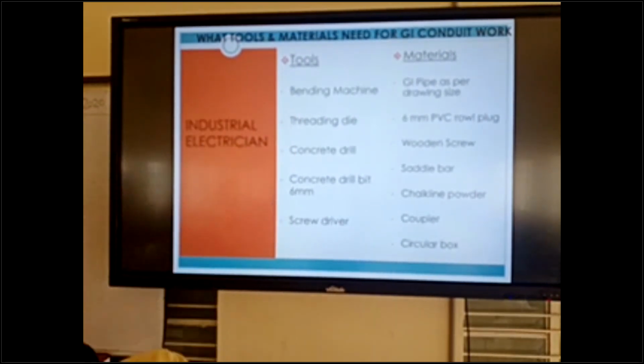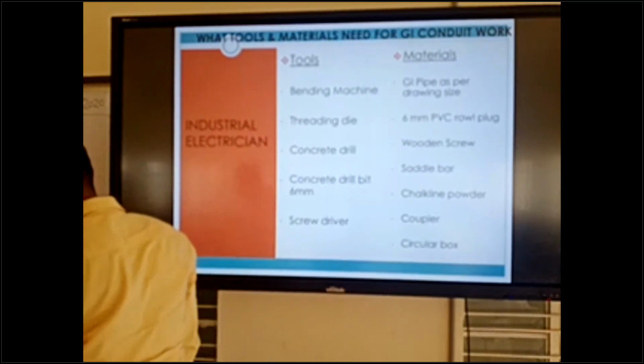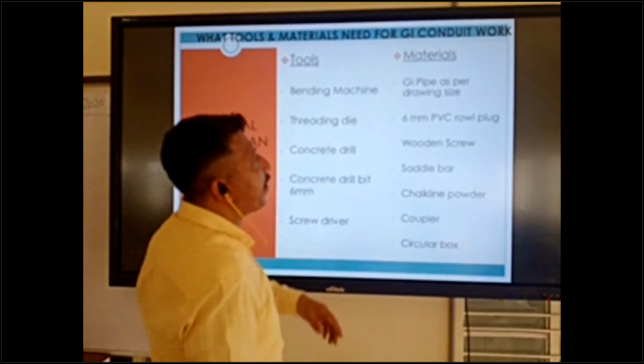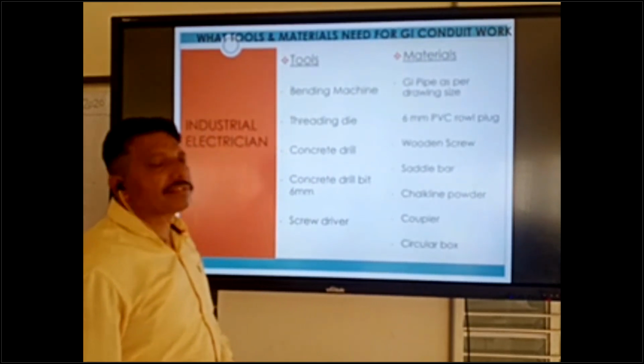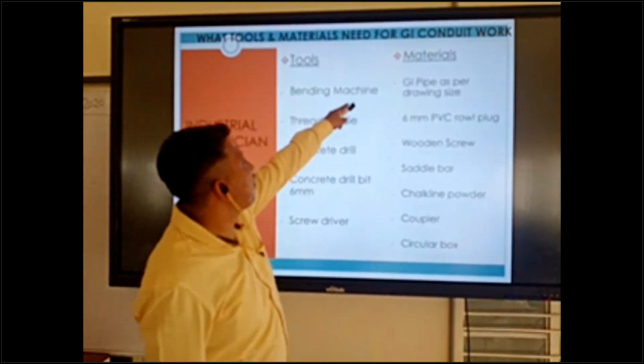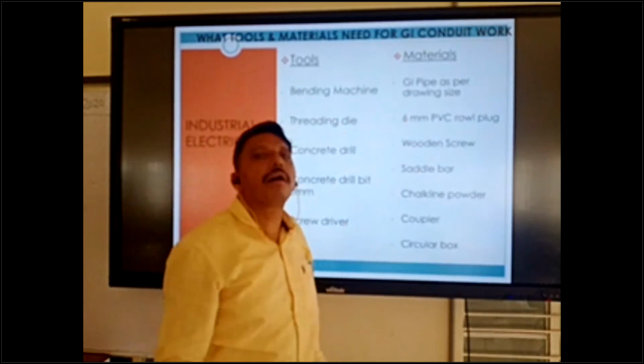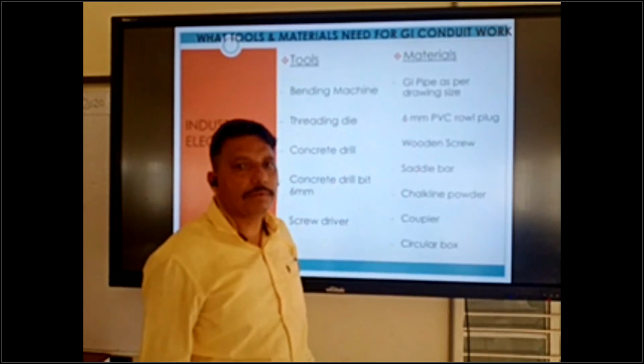Bending machine. You need a bending machine for GI pipe as per drawing sizes, for bending the pipe.